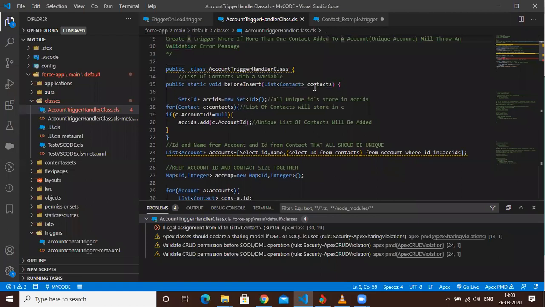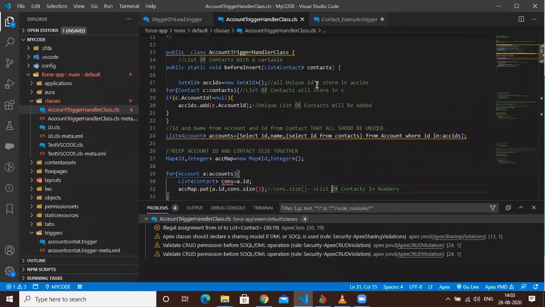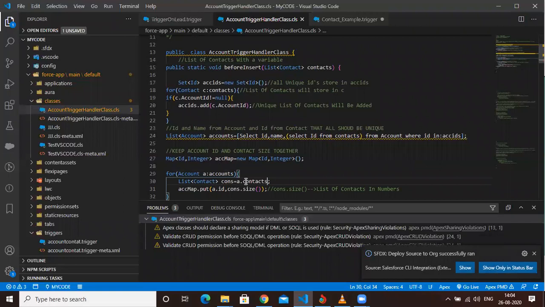Yeah, that list. So it will take some time to send to the org.